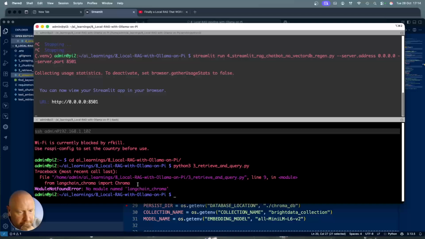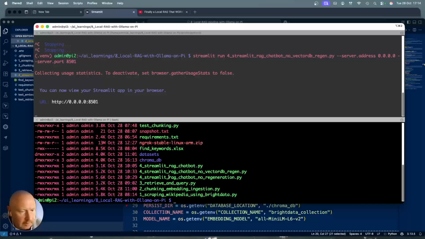Let me see, did I just update that file? Retrieve and query. Oh, I'm sorry about that. I thought I'd gone into my virtual environment here, but I obviously haven't. So I need to make sure that I'm actually running in my virtual environment here. So let's see, can I get my virtual